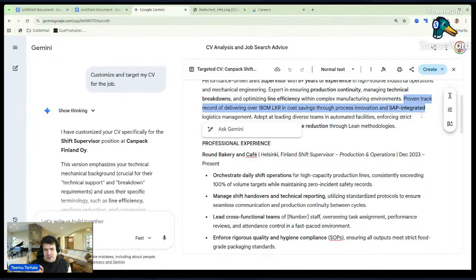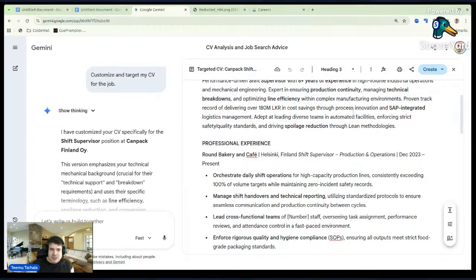And check, where does this match? Now think about the part when we asked about the company, what company values or what kind of things they highlight. And one of them was sustainability. And here we are telling that we have a track record, savings, and especially through innovation.